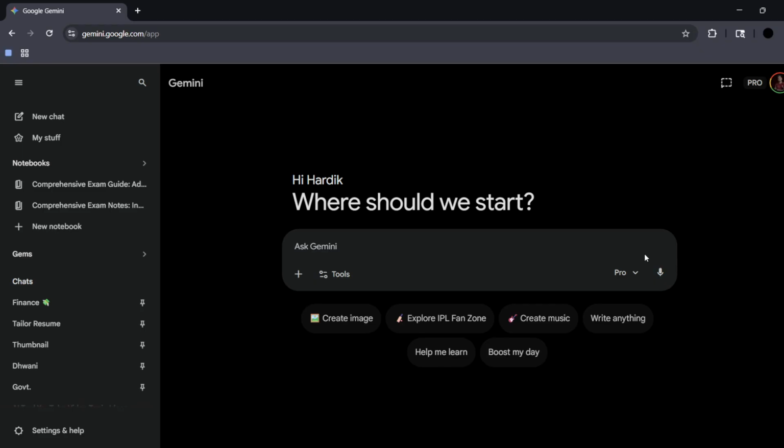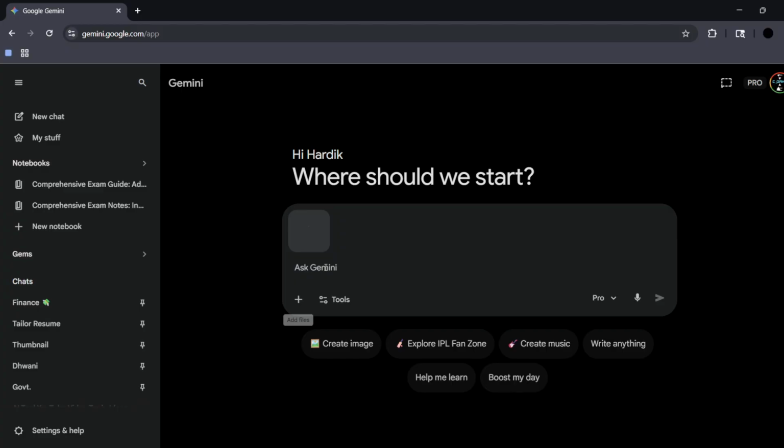First we'll need to take a photo of my notes, which I already have in my clipboard right here, as you can see. So I'm going to simply paste this particular note, and once I've uploaded it, I'm going to type in a really simple prompt. For example, my prompt can say: transcribe this image into text and format it as structured